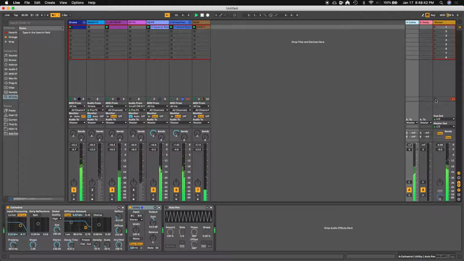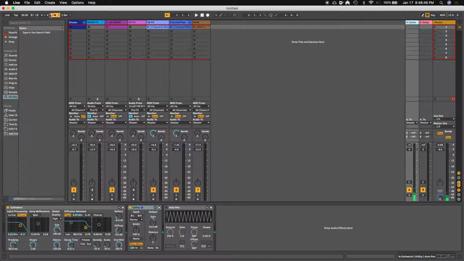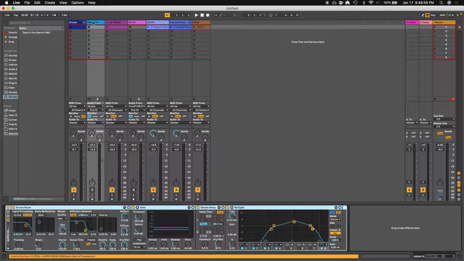Kind of just grooving. But the idea here, let me turn off that click, is how can we make this have more feeling, more energy by just changing some volumes on reverb. So the first one I want to start with is this drums effects channel. Essentially, this is just a gated reverb. I've got the gate set up on this effects track after the reverb so that when the track is playing,